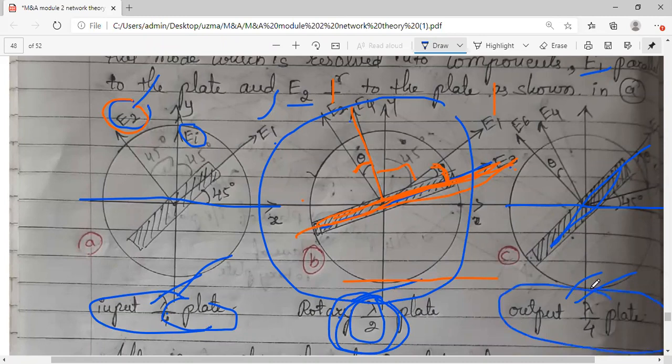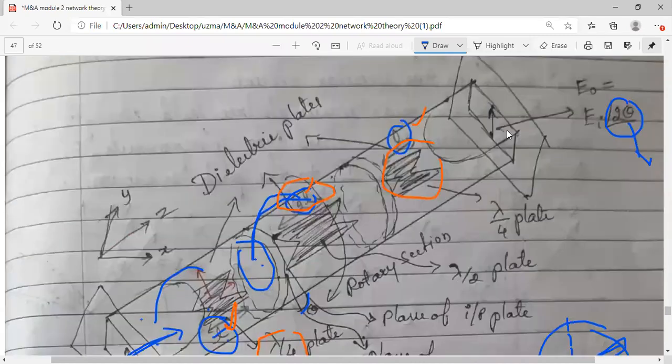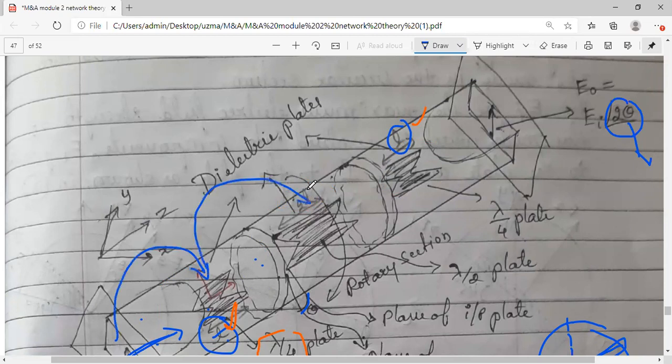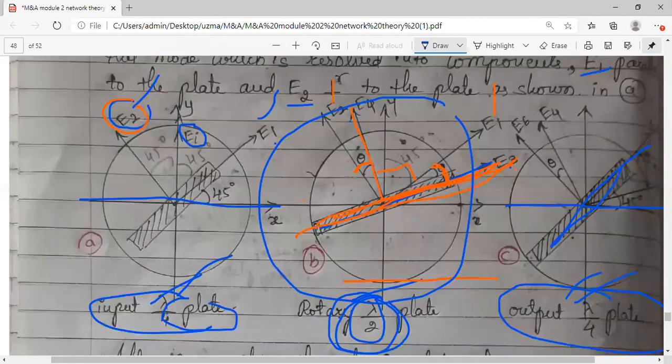Still the wave has to pass through the last plate. Look at the figure. From the input side, it will reach this plate. After passing through this plate, now we are here. From this, again it has to pass through one more lambda by 4 plate, then your output will come. So one more vector resolution is remaining. Okay, so let us do that. One more vector resolution. That is the last figure.